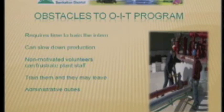So it does require time to train them. Yes, it does. It also does slow down production. Sure, sometimes you have 2 or 3 student interns, ROPs